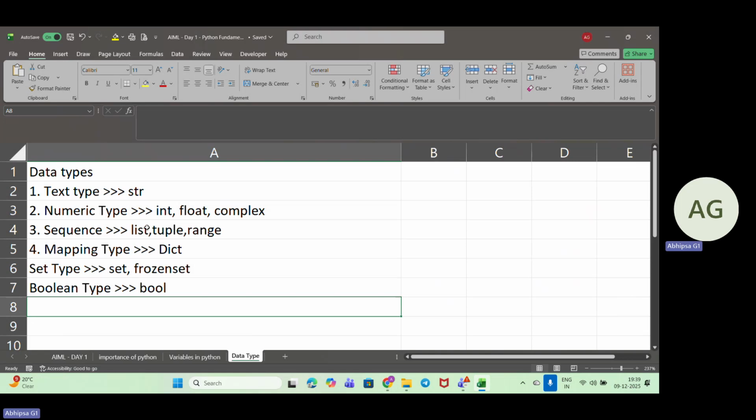Next is binary type, that is actually bytes, byte array, and memory view.